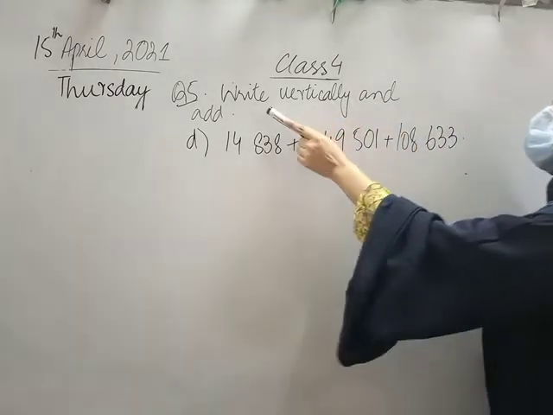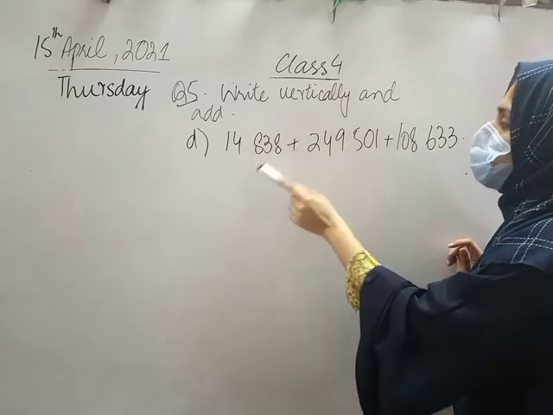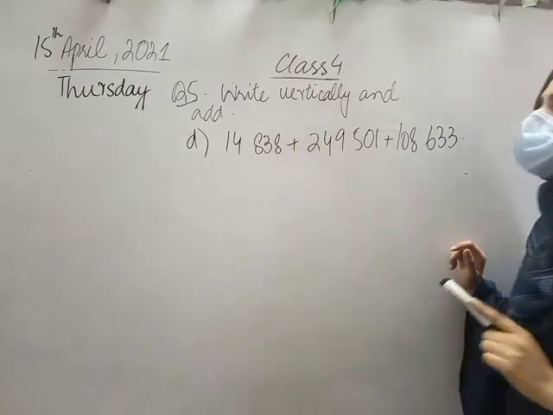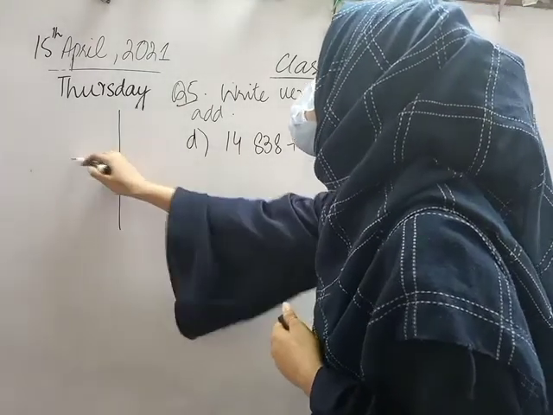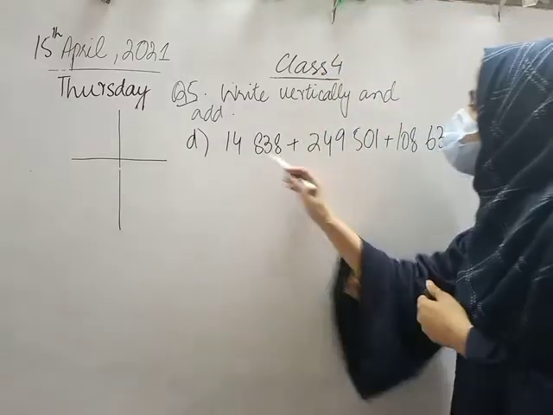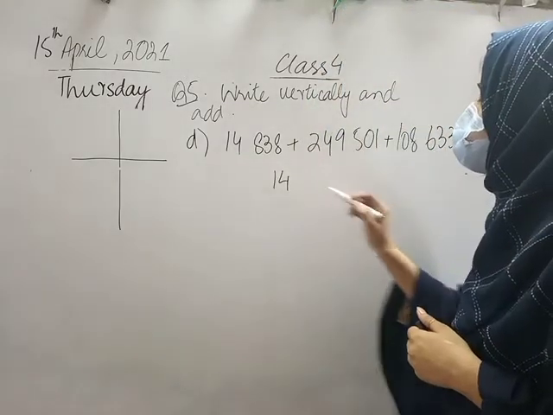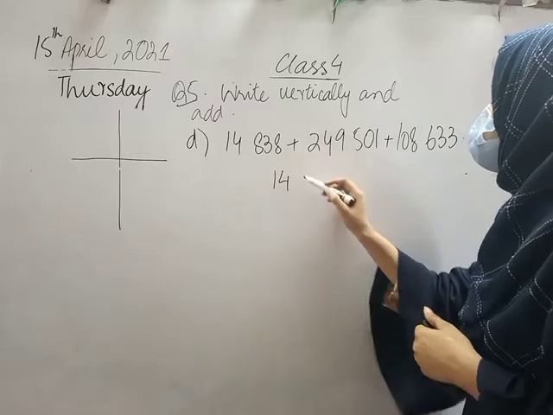Fine class. Now I am going to write first in vertical form because, as you know, this is the horizontal form and according to the statement we have to write first in vertical form. So as I told you before class, what is vertical form? Yes Abdullah? Very good. Vertical form is column-wise and what is horizontal form? It is row-wise.